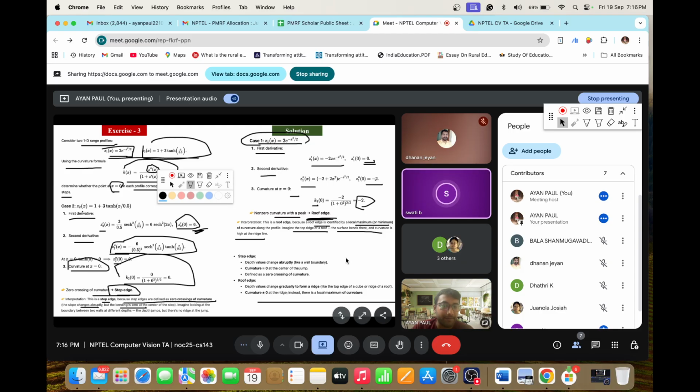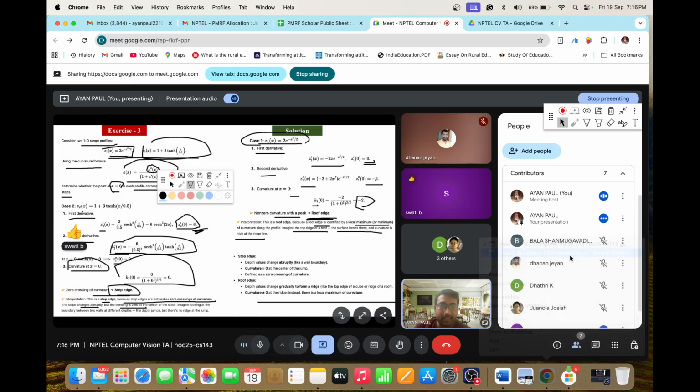Typically in computer vision, edge means, is it the same edge that we are referring to here? In computer vision edge detection, we were earlier doing it only for 2D edges, or edges in the 2D image. Here we are discussing edges in the range image. Here we are directly going to the point cloud or just the depth. There we were talking about intensity values or color intensity values. So that is the difference. Got it. Thank you.